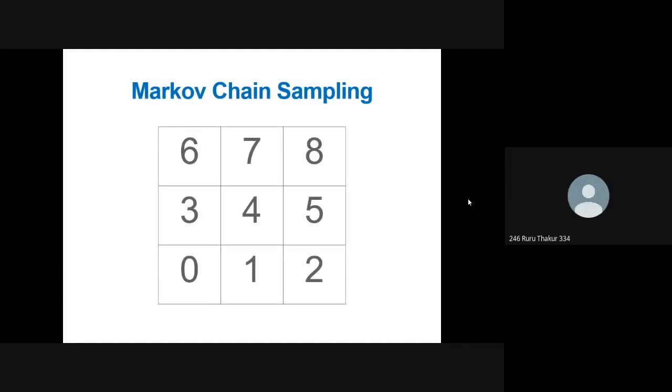Though the same diagram can be used to explain Markov chain sampling, it's best explained using this grid here, which is a 3x3 grid. So starting in the upper right corner, we suppose a pebble is thrown in a random direction. We then move to the site at which that pebble has landed, pull out a new pebble, and throw it in another direction at random again. The aim being, as before, to evenly sweep out the entire area.